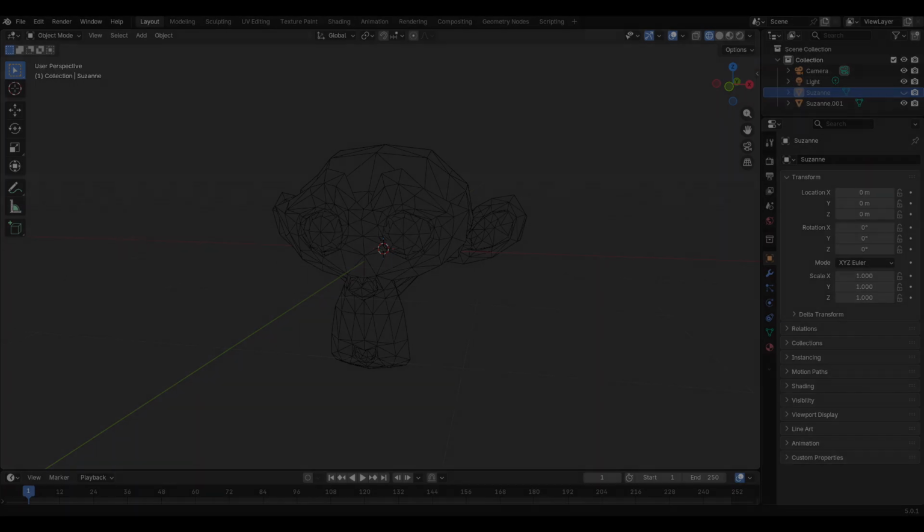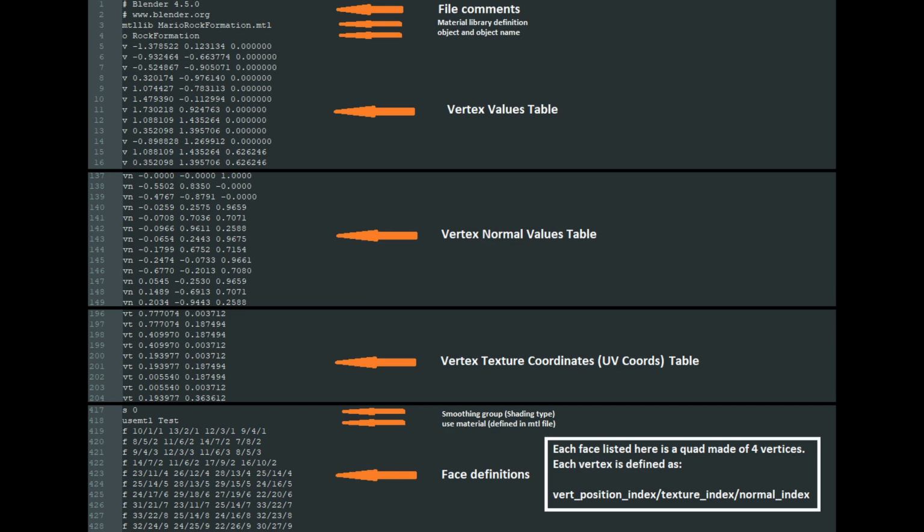You can actually see this in the previously mentioned object file. Each face is defined by several vertices that are in turn defined by a position index, a texture coordinate index, and a normal index. These indices point to the vertex values listed in the tables above the face declarations. In the example, there are 4 of these vertices rather than 3, since I didn't select the triangulated mesh option